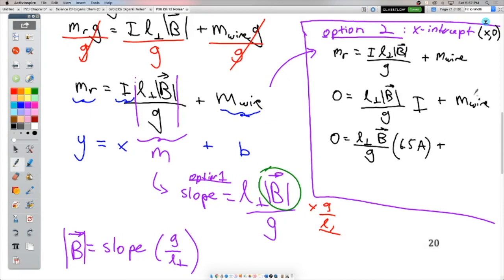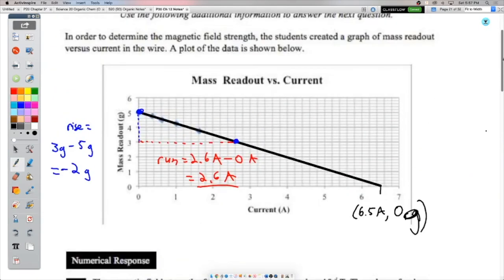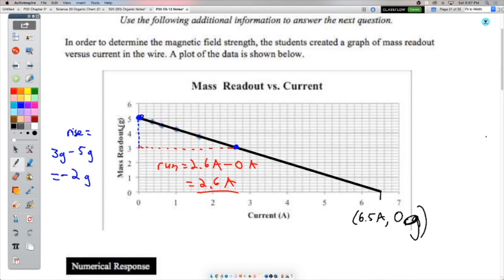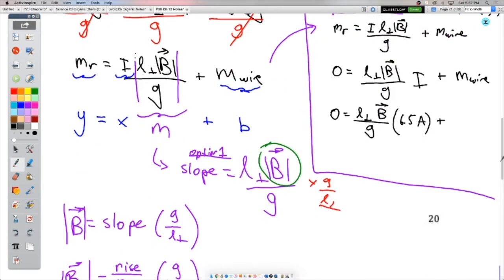Well, how do we get the mass of the wire? Remember, it's y equals mx plus b. So the mass of the wire is 5 grams, our y-intercept, right? Our y-intercept is, at this point, 0 amps and 5 grams, the mass readout when we have no current flowing. That makes sense. That's just the mass of the wire, okay? So 5 grams is 0.005 kilograms. Now all we need to do is solve this for B, because we know L and we know G. Those are givens. Manipulating it around, we would get that negative 0.005 kilograms is equal to